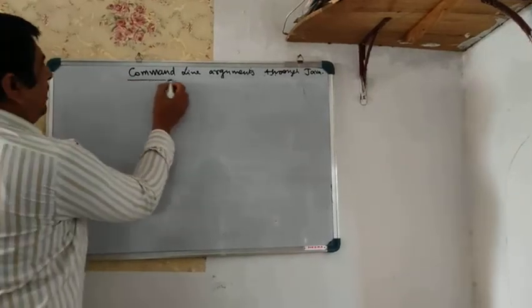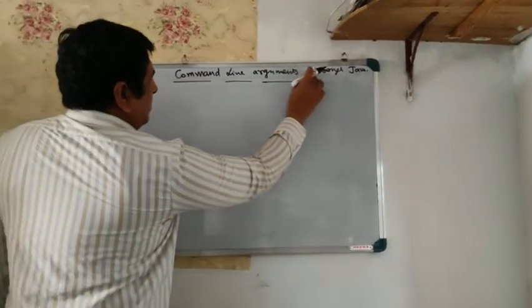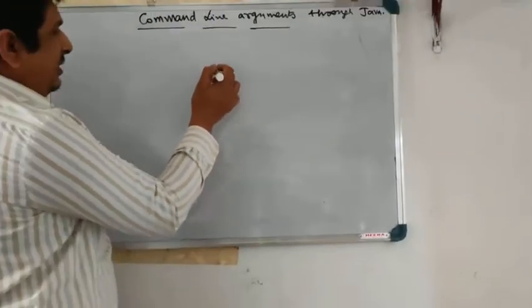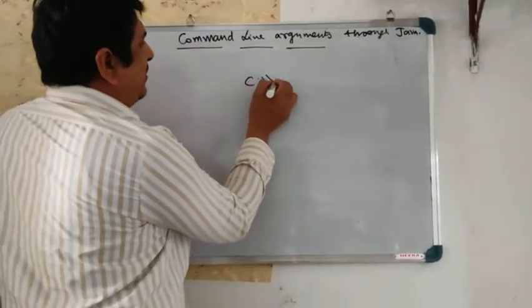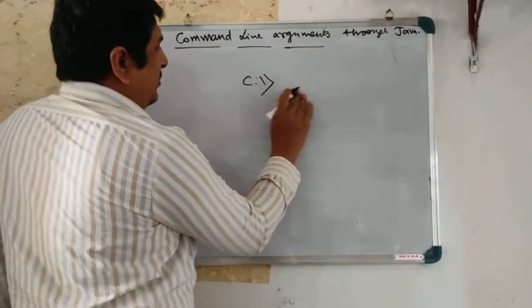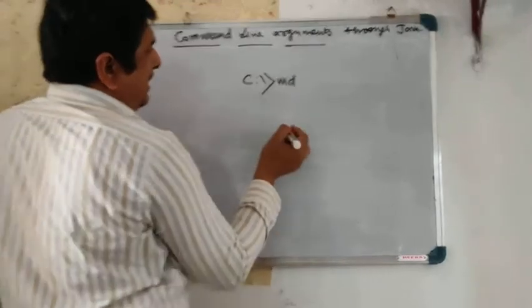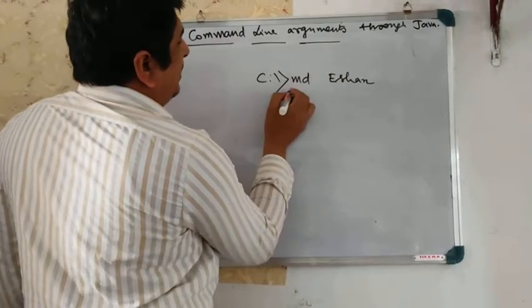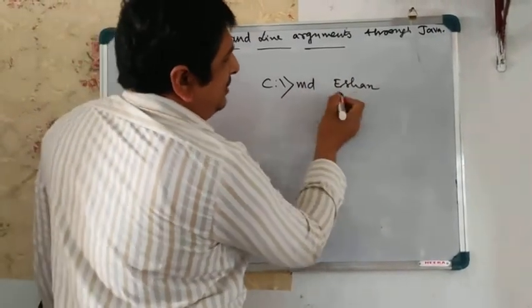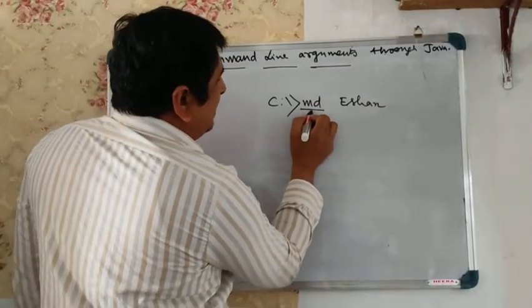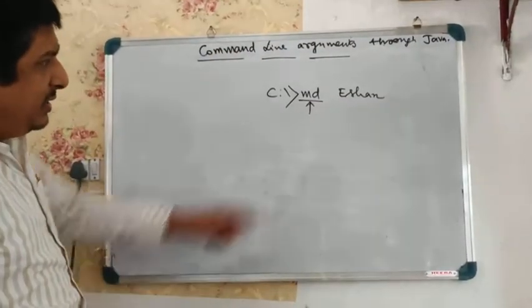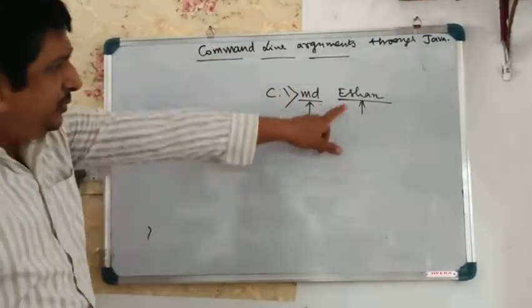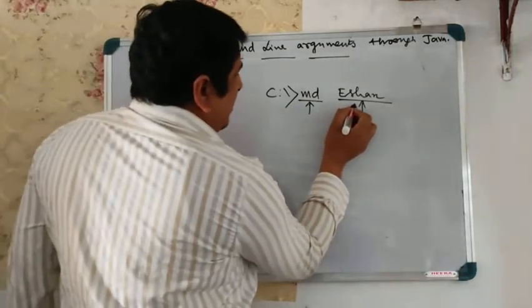Command line arguments are also known to all of you because you all know the C programming language. Basically, in the command line, if you can remember, we can give a command like MD followed by the name of the folder. So what actually happened? If I write MD, it creates a folder with the name Ishan. So this is the name of the program which is being executed, and this is the argument to this program. So this is the first argument.